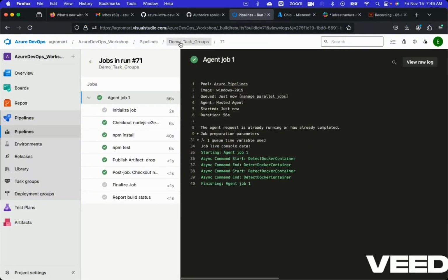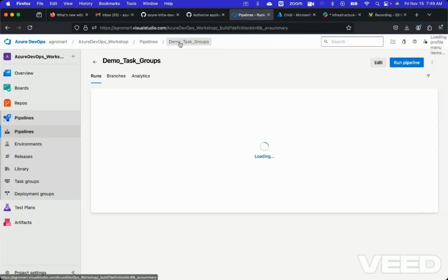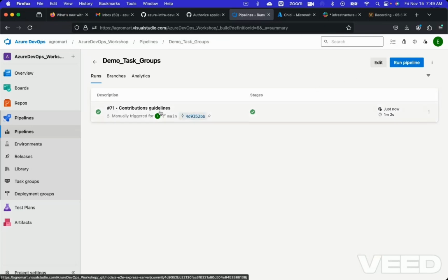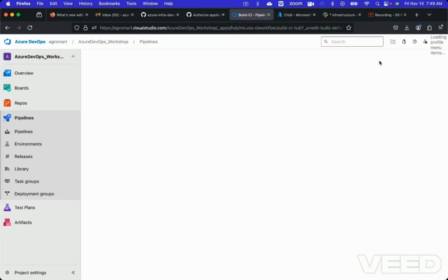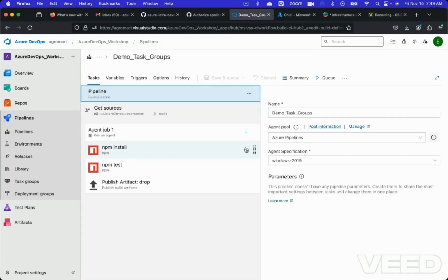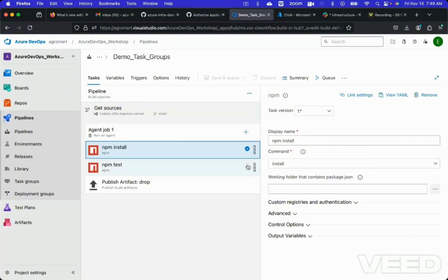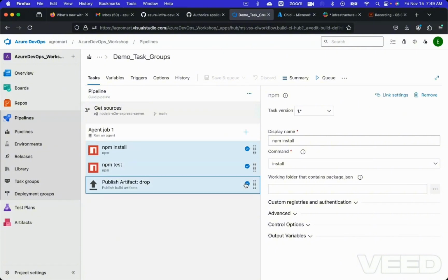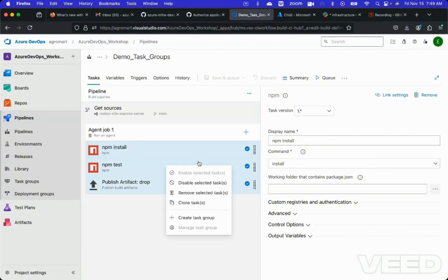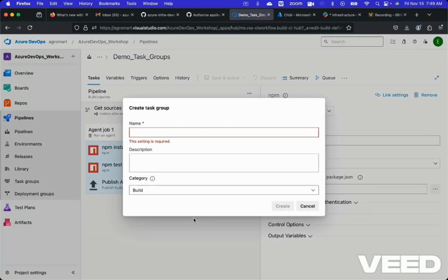So the next thing to do is to go back to the pipeline, select edit pipeline, and then on the tasks you have to highlight all the tasks. After highlighting them, you right click on it and create task group. Give a name to the task group, then Node.js,